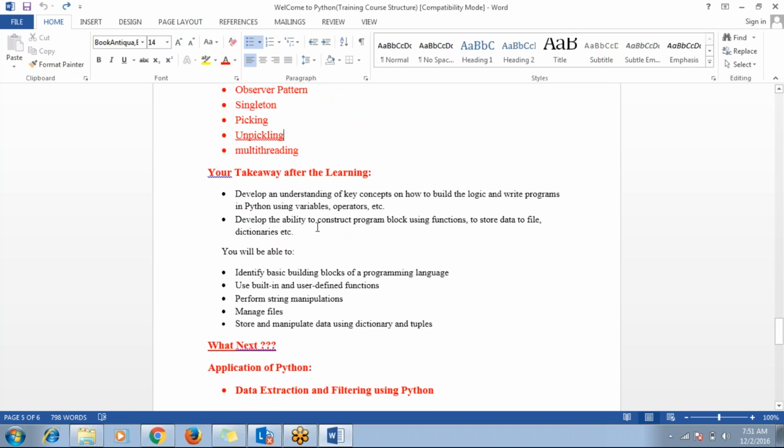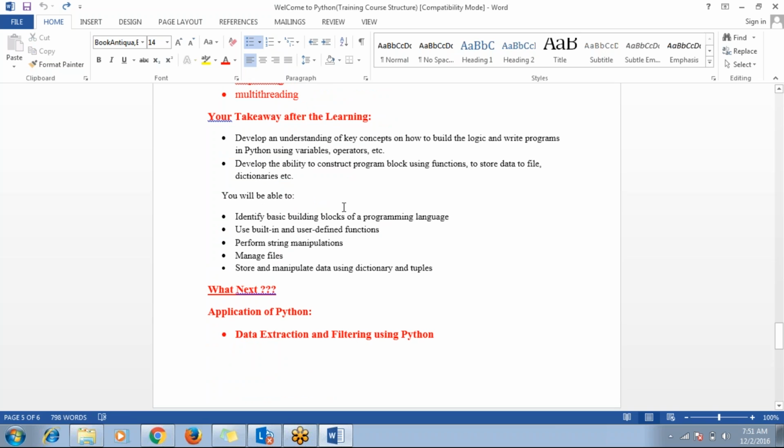So, what is your takeaway from this session? After this session, you'll be able to understand the key concepts, how to build the logic, and how to write a program in Python using the Python constructs, and you'll be able to